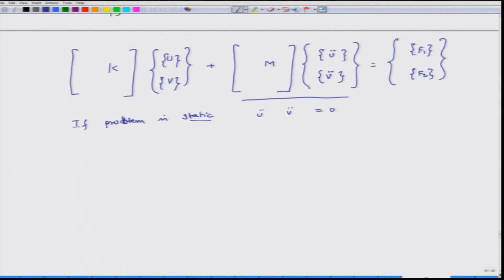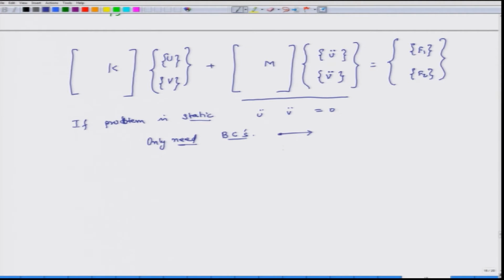In that case, I only need boundary conditions. I do not worry about what are the initial conditions in the system, and there could be